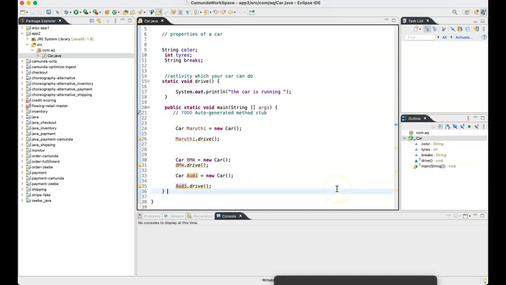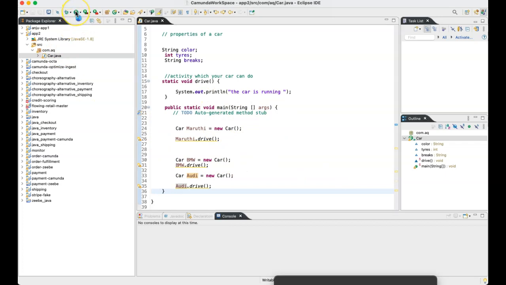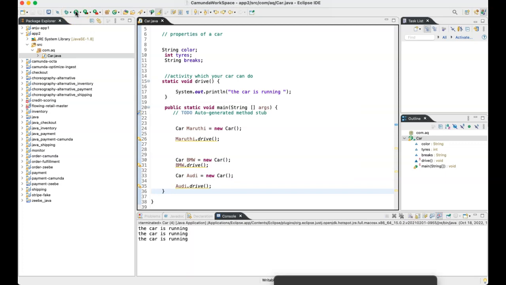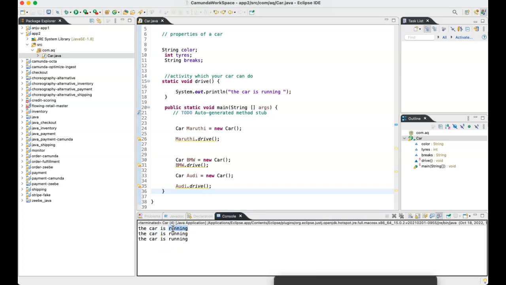Okay, perfect. Now let's try to run this and see what will be my output. Do we see the car is running 3 times? Yes or no?